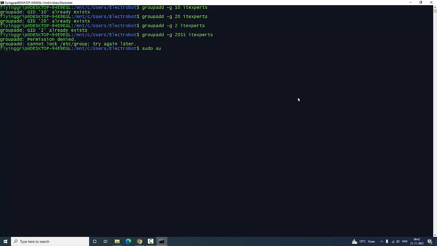sudo space su. Whenever you type sudo su, it is going to ask for the password. I am typing the password. Now if you see, we are redirected to the hash prompt from the $ prompt. It means now we have super user privileges. Now I am going to type groupadd